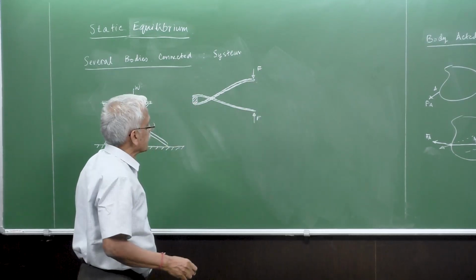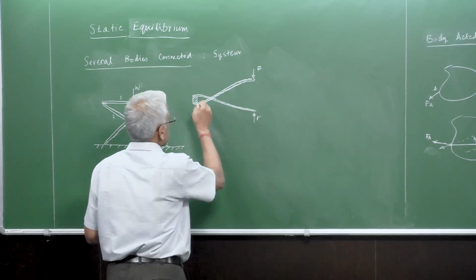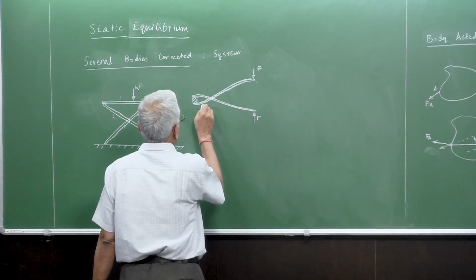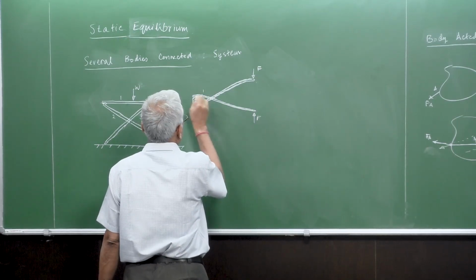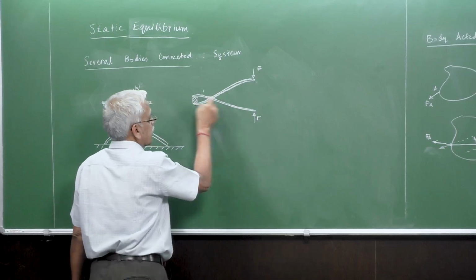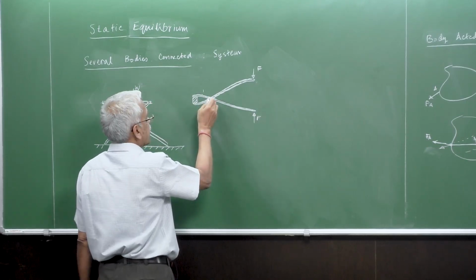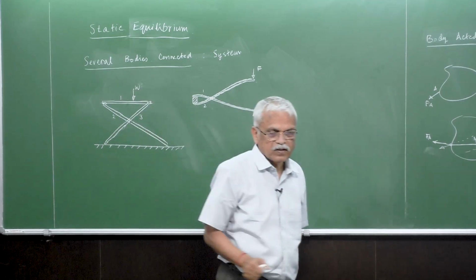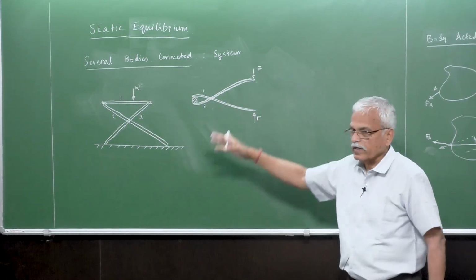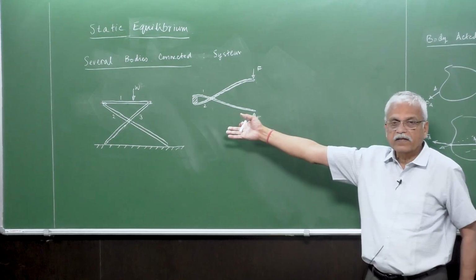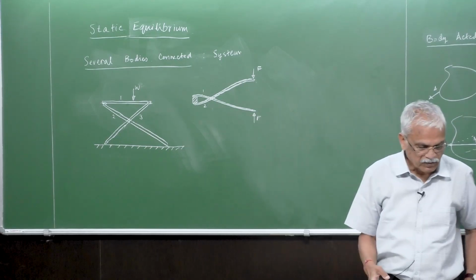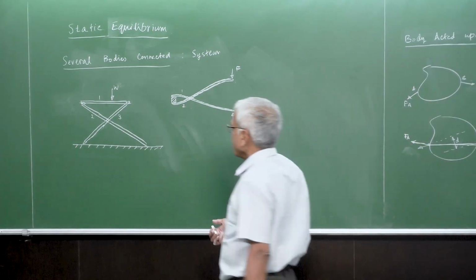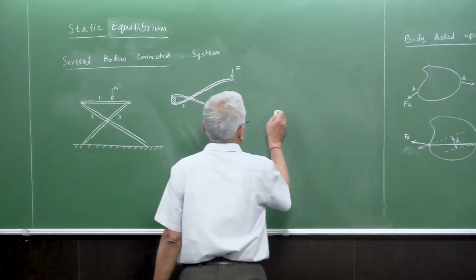This is a pliers here which is holding this cylindrical block, and again 1 and 2 are curved rods, curved handles, and they are connected by a pin so that you can hold any size of block. So this is another system of two connected bodies. Like this we have many, and even you might have seen this